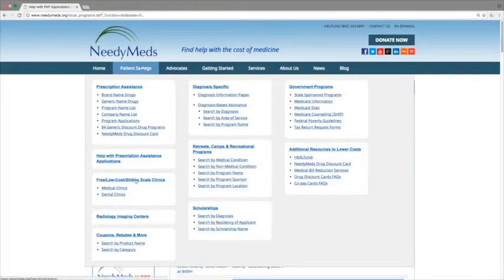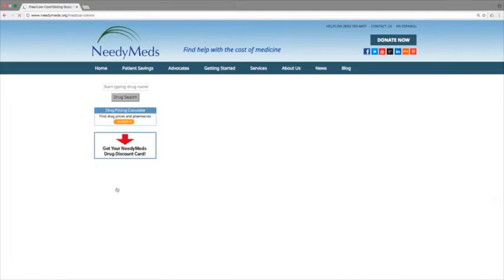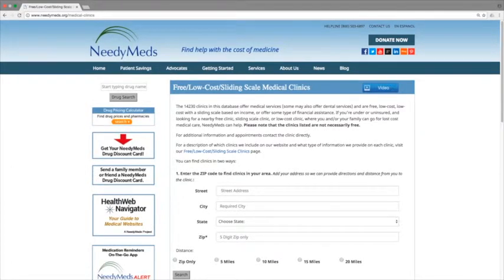Now, moving on to another very helpful section of our website, the free clinic section, which is broken down according to medical and dental clinics. We are so proud that we have gotten this database up to just over 14,000 clinics across the country. And as I said, it's separated by dental and medical clinics, and it does include women's health centers and even